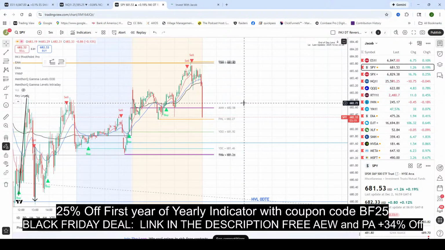Now, most indicators, say you have an RSI indicator, well, that's giving you the RSI. You have a MACD indicator, well, that's giving you the MACD. You have a volume profile, well, that's giving you volume. They all give you one thing. What we did is we took all of those things that matter, like volume, like key levels, like RSI and MACD are part of it, but there's more important things, honestly. And we